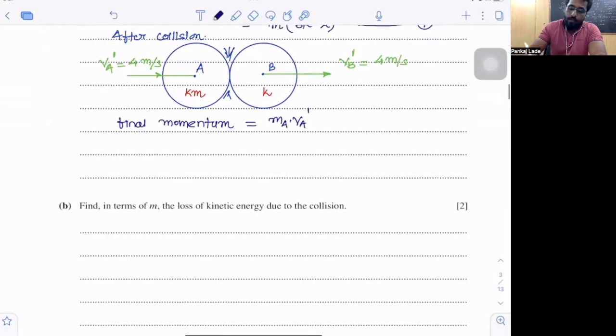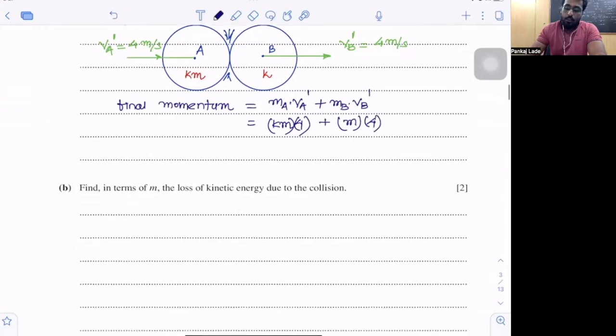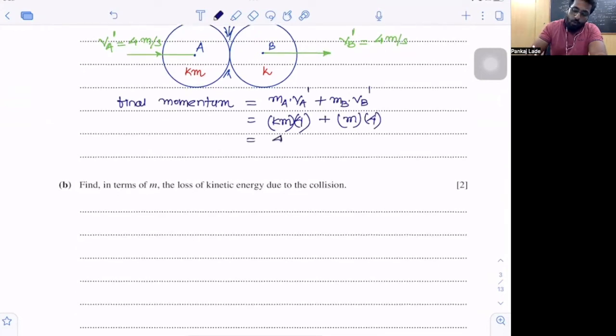So that's VA1 plus mass of B into VB1. So mass of A was Km, velocity of A was 4, moving in the right direction, taken positive. Mass of B is M and its velocity is also 4, also going in the same direction. So this time I can take out 4m common. I can take out 4 and m, both of them common, or you can just keep 4 inside the bracket